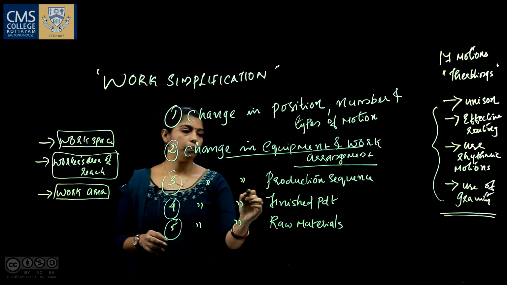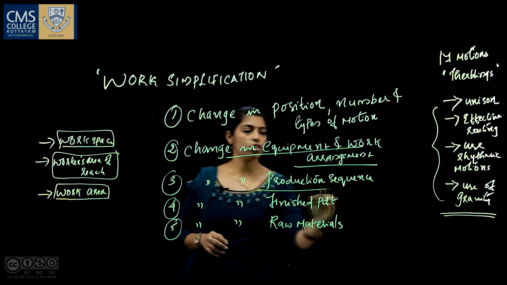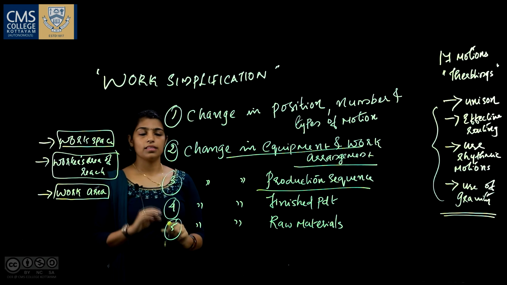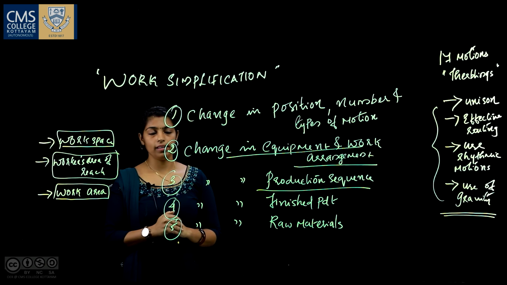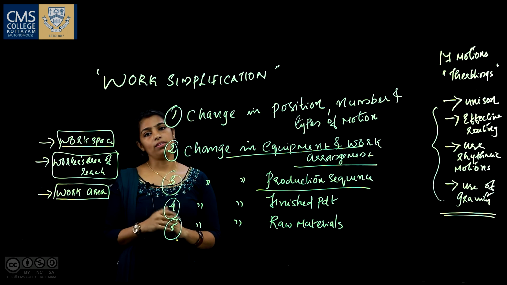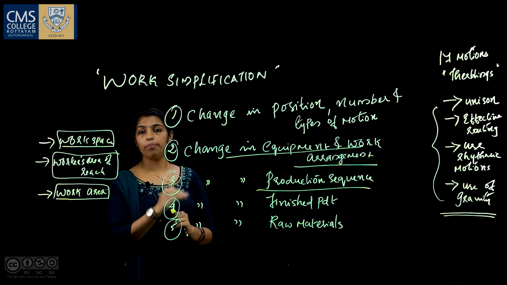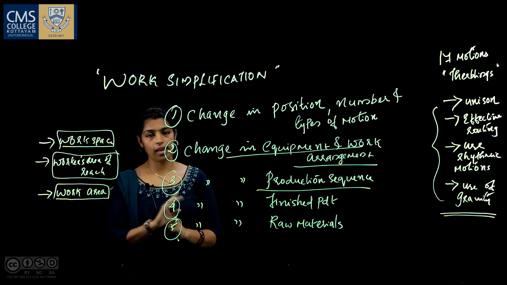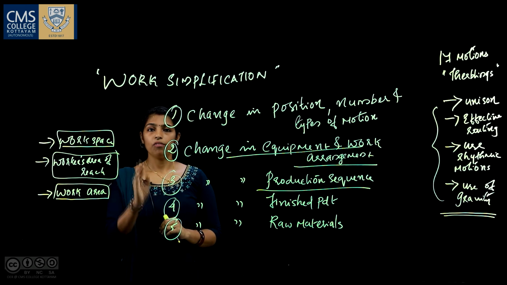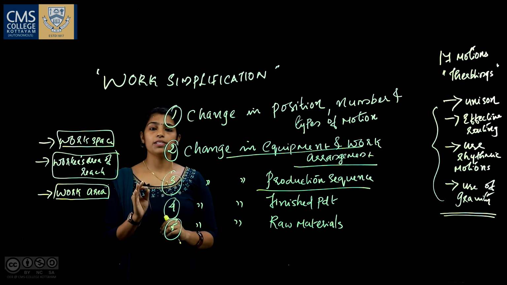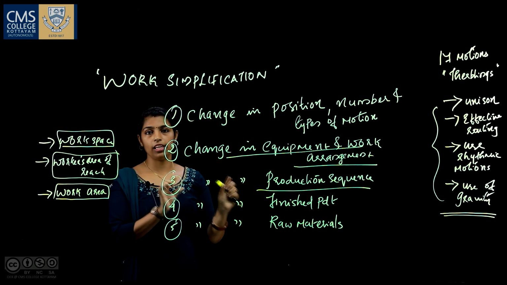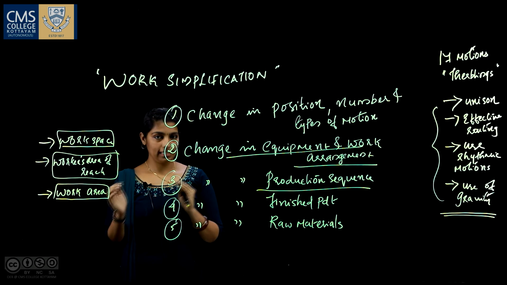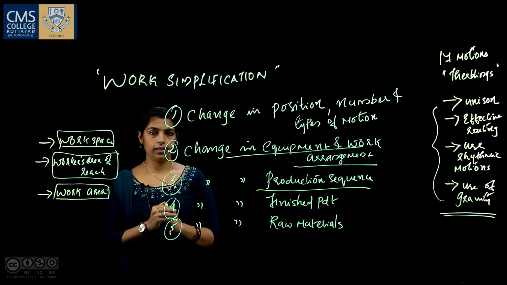Moving on to the third point, change in the production sequence. When production sequence comes into mind, there are 3 points that have to be considered when we plan the sequence of a production. That is, get ready, do and clean off. So when you plan a work, you should always focus on how to carry out that particular work, so that unnecessary movements, unnecessary times can be avoided.